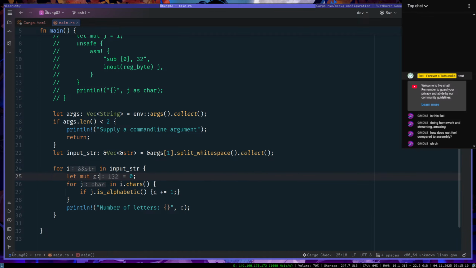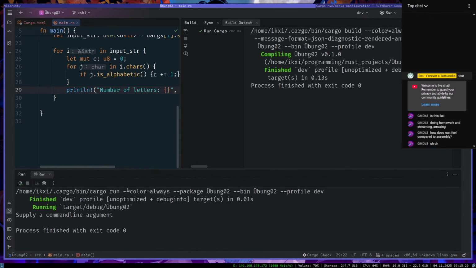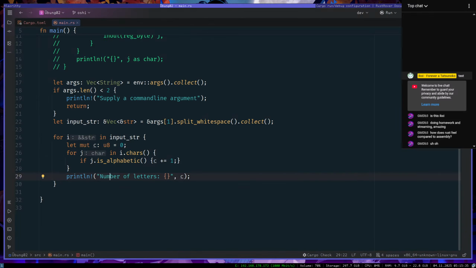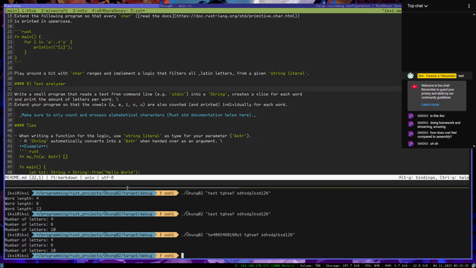And I can just do c as u8, because what words have more than 255 letters? Nice. Okay, and I can also just do, like, cool, and print the amount of letters per word.